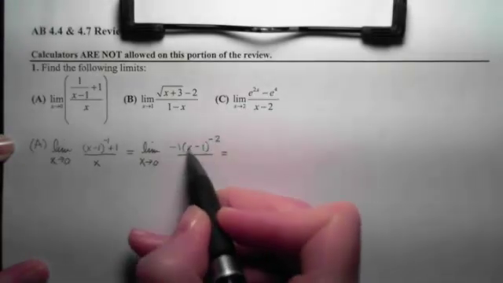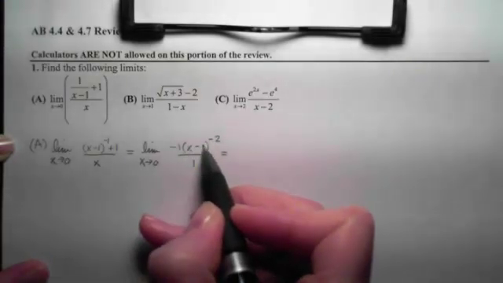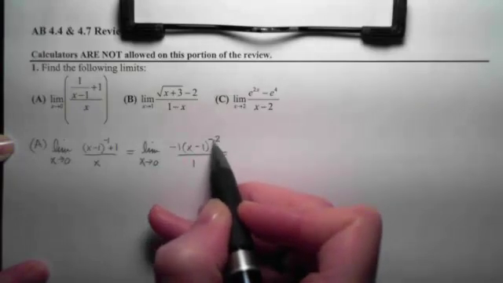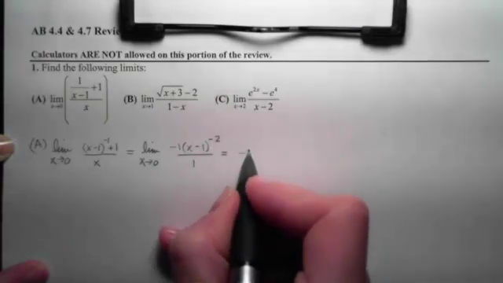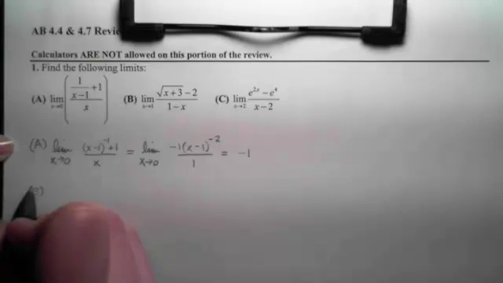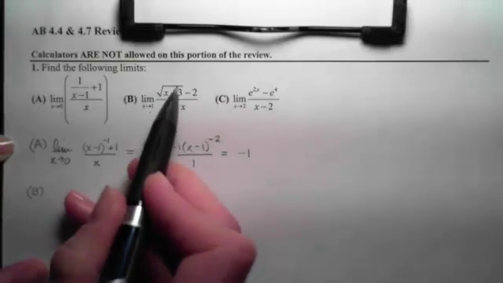That will give me a 0 minus 1, that's a negative 1, to the negative 2, that's going to be a 1 over a negative 1 squared, so that's just a 1, times a negative 1 gives me a negative 1 over 1. If we look at B, again we plug in 1,